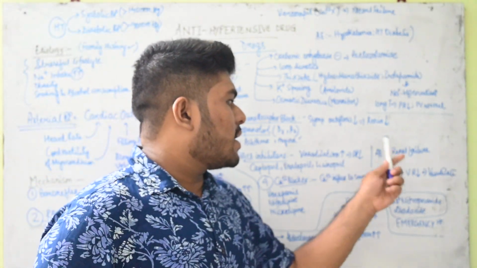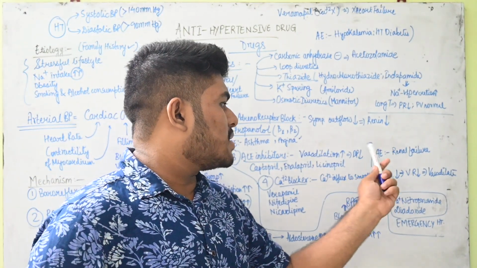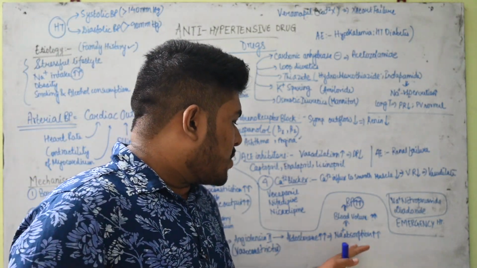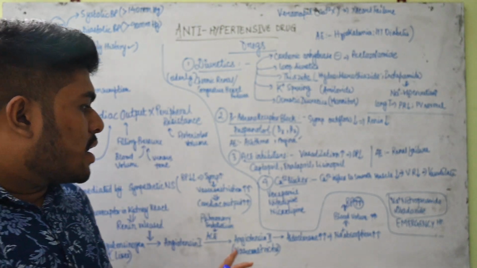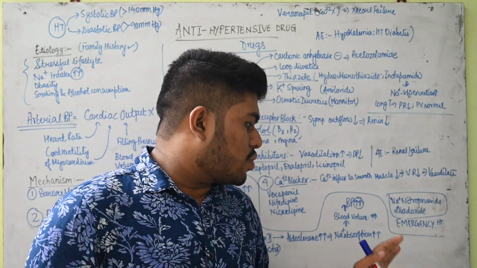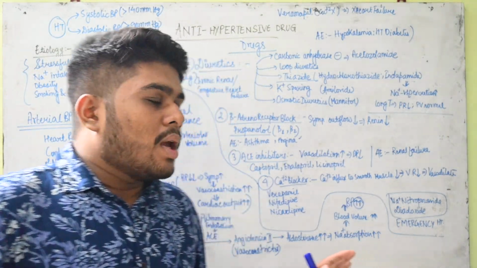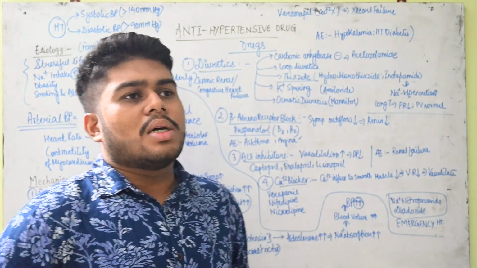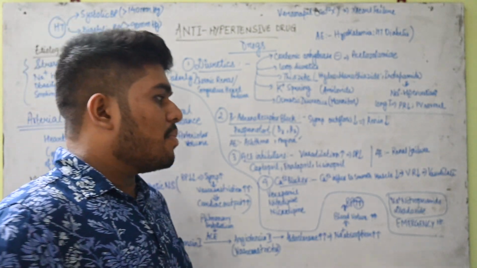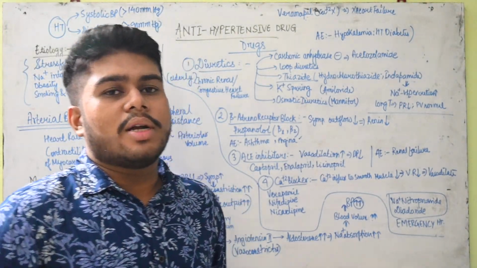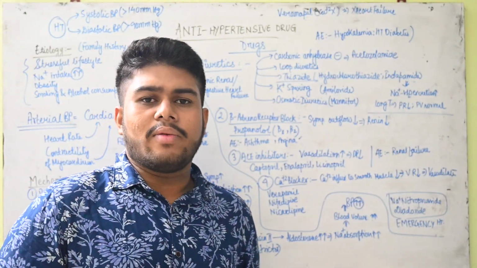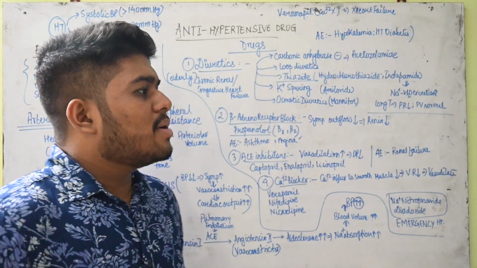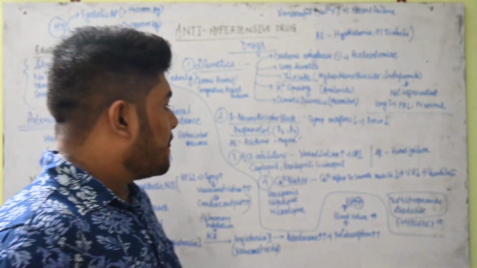But in case of renal failure you cannot give ACE inhibitors, because if ACE is inhibited, then automatically there will be decreased sodium absorption, right? When sodium absorption is decreased, there can be a problem, because sodium also has to be retained in the body, for maintaining the counter current mechanism, and sodium is very important. We all know that for depolarization we need sodium. Sodium has many other functions also in the body.